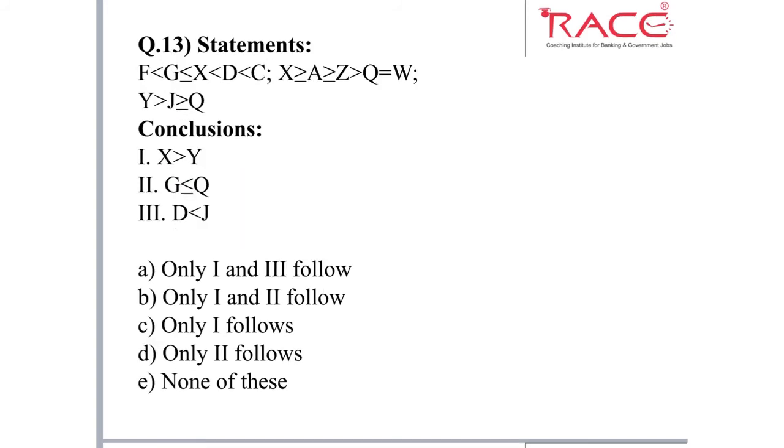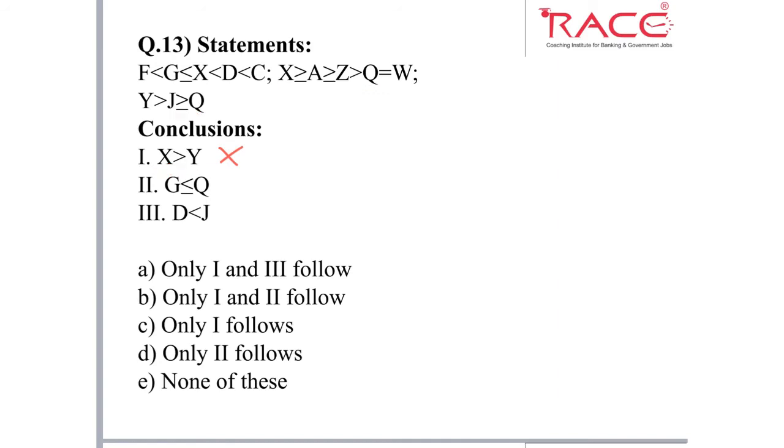Now let's solve the next question. This is the third question, try to solve it with me. First we will move from Y to X. Y we have in the third statement, and X we have in the first and second statements. From Y we have Q and from Q we have X, so Y to Q, Q to X we can easily move. But initially when we move from Y to Q, we have an opposite face with respect to the arrow. Directly we mark, one does not follow.